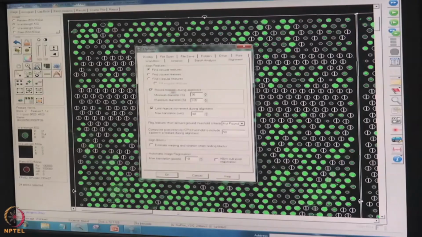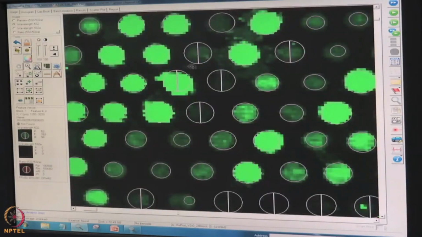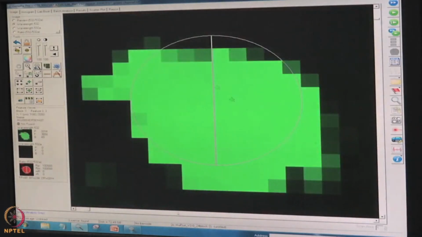Here in the settings you can define the minimum diameter which it should consider for a spot, and the maximum diameter which it should consider, so that it does not pick any speck or any background as a spot. We also tell it what the comparative background intensity threshold should be, above which only it should consider a spot. So if you zoom in here, say this spot is not considered as a spot